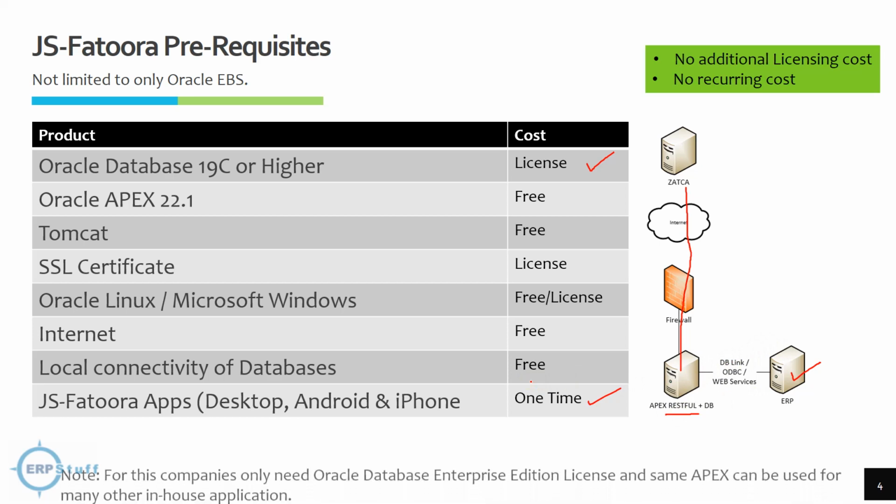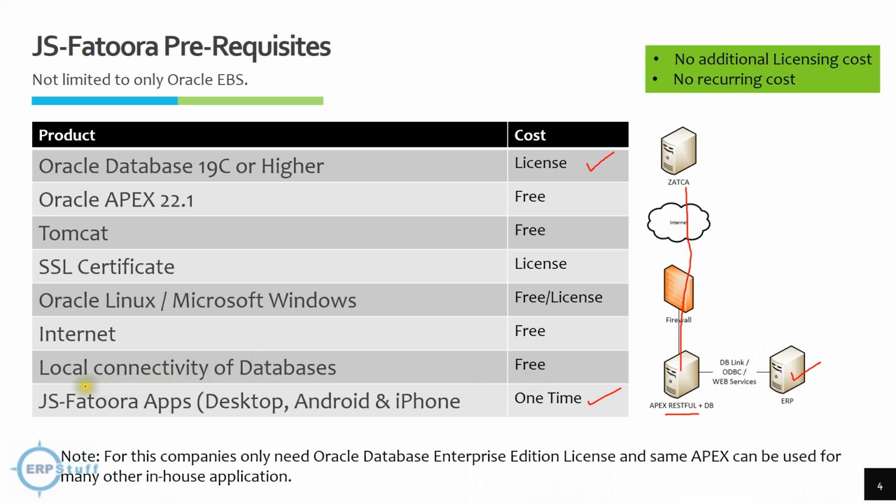So here there is a note that those companies only need an Oracle Database Enterprise license, and the same APEX can be used for many other in-house applications. Okay, the point here is that if you are buying or getting this license, this Oracle Database or Oracle APEX any version, you don't need to use it only for ZATCA. You can use it for other in-house applications,